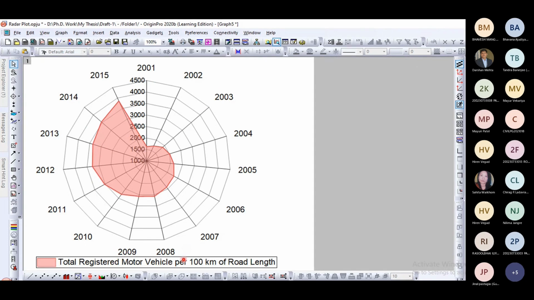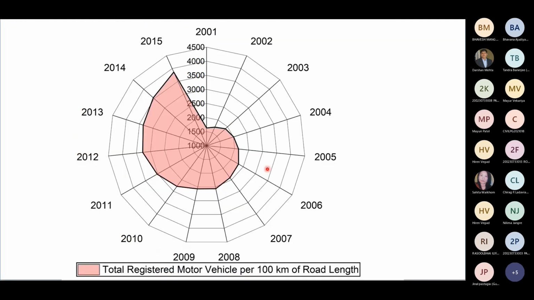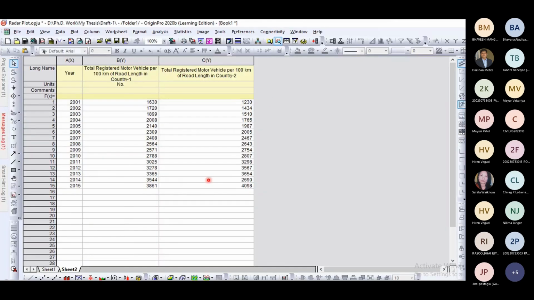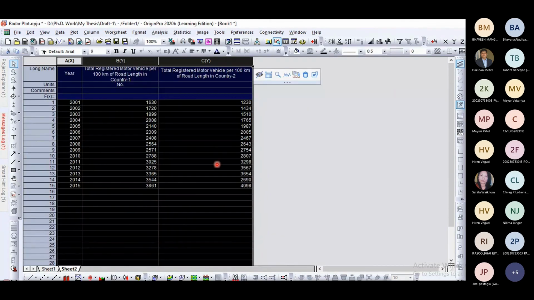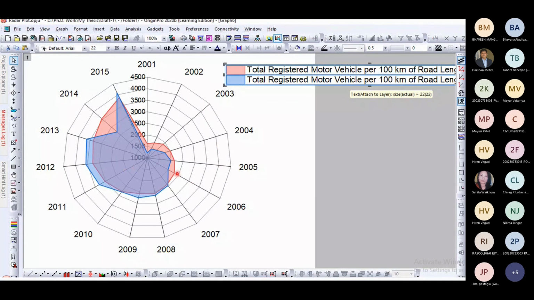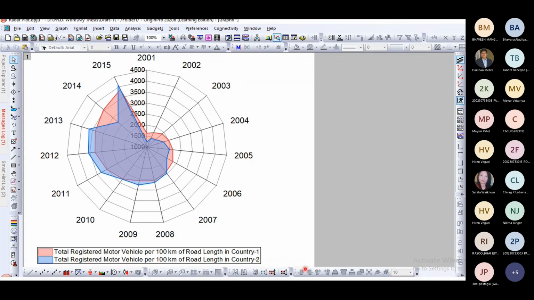Now this can be adjusted according to the requirement and the radar plot is ready. On this data, suppose we want to add a second country, suppose this data is for one country and this is for the second country, so we can overlay it over there. So it can be directly compared. What is the variation in data year-wise and country-wise? So this way we can plot the radar plot. Here the legend is arranged, so it can give a good aesthetic view.